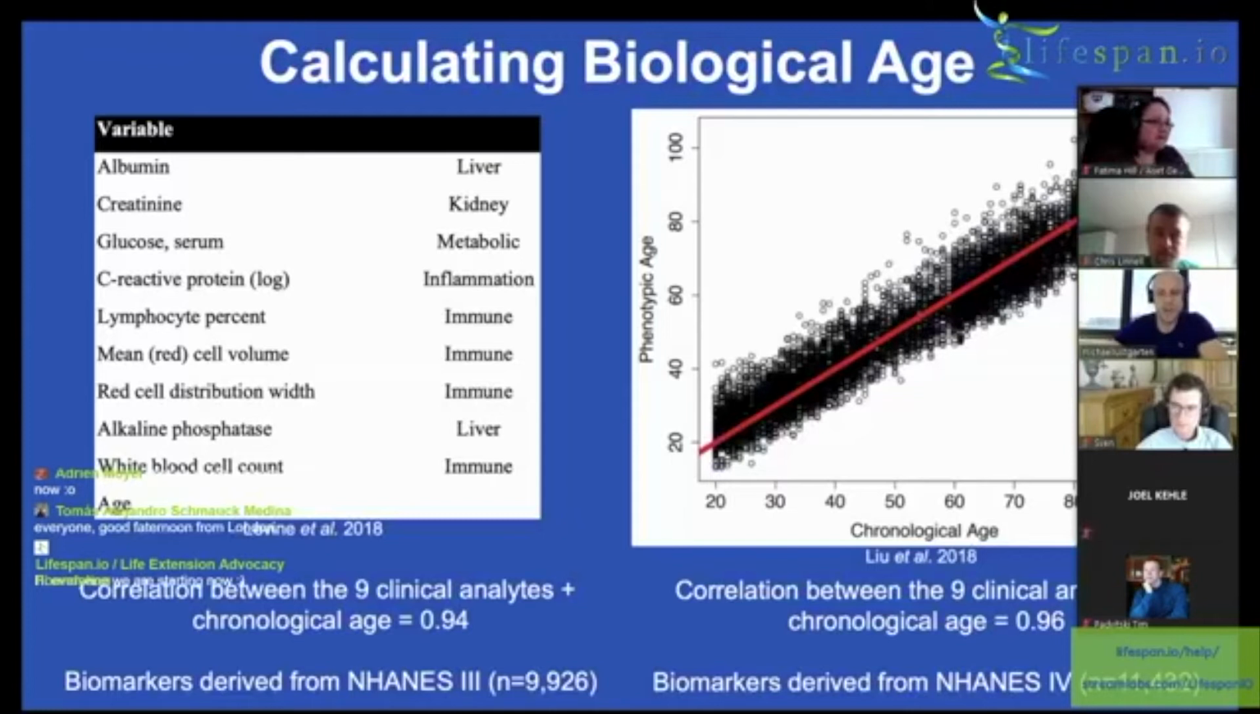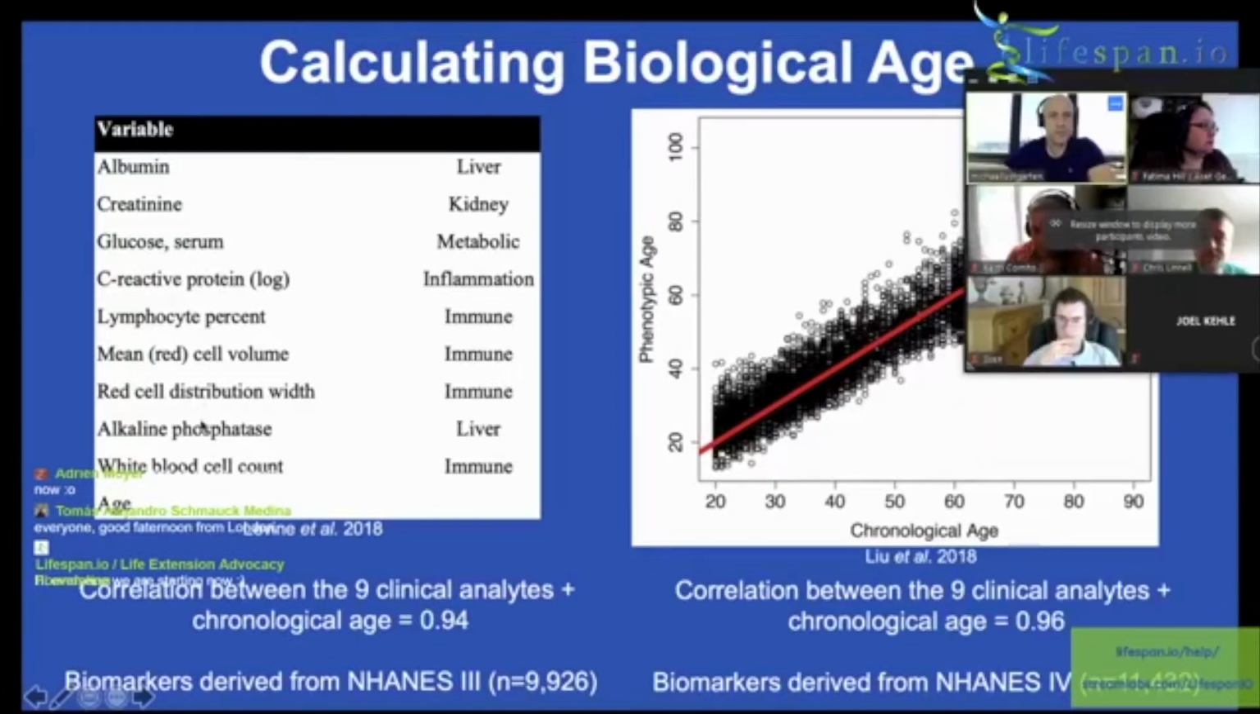The biological age calculator that I'm going to talk about today is Levine's phenotypic age. What that comprises are 9 clinical variables, shown here, including albumin, creatinine, serum glucose, inflammation (C-reactive protein), the percentage of lymphocytes of total white blood cells, the average red cell volume, red cell distribution width, alkaline phosphatase, white blood cell count, and age as the 10th variable. So the importance of this biological age calculator